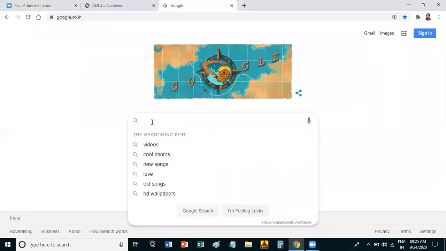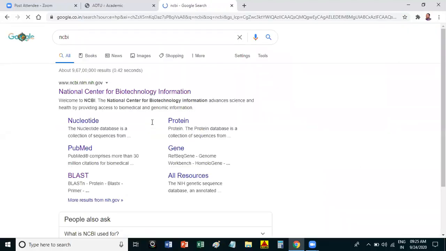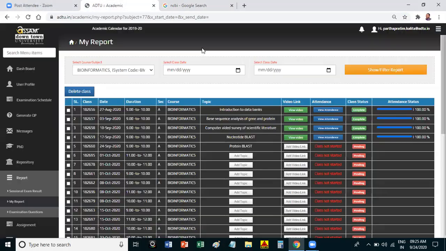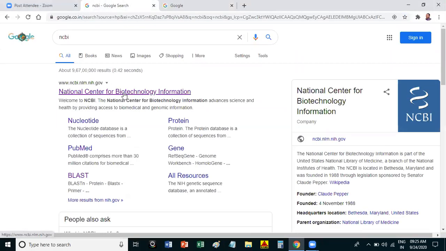We have to get a protein sequence first of all, then you can go with your blast program.